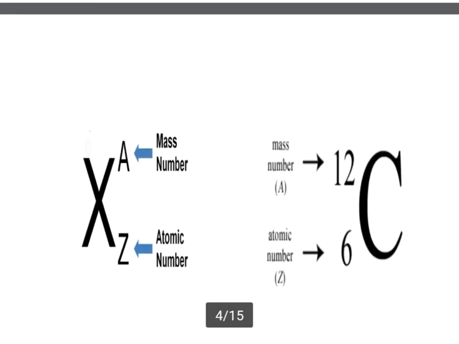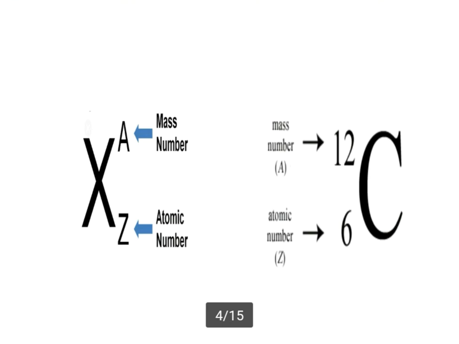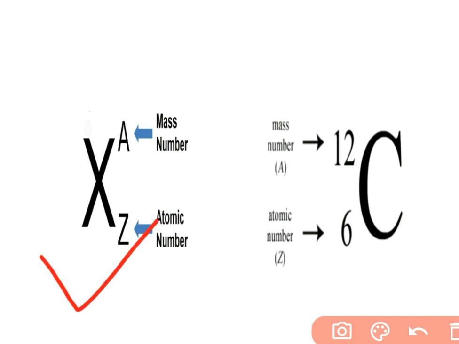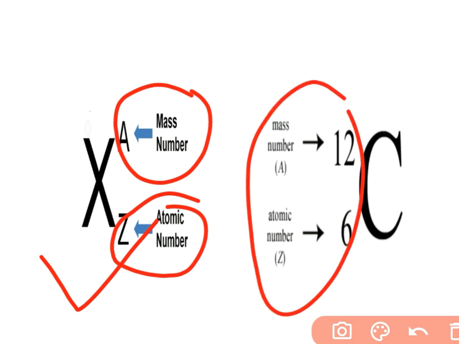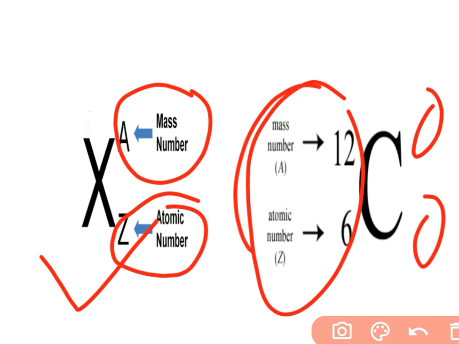The atom or nucleus having a unique composition is specified by this structure. See, symbol X, and here mass number is written and here atomic number is written. Example, carbon. You can write this side also. So here write down mass number and here write atomic number. This is called nuclide or representation of atomic composition.